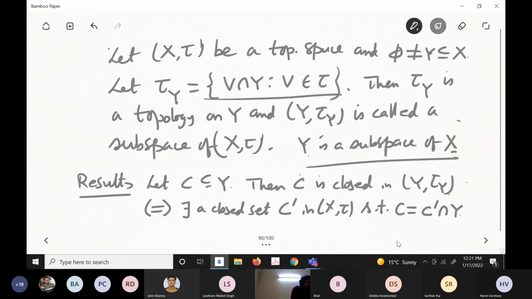Like here for open, you take closed set. If and only if there exists a closed set, it must be of this form. So you can prove it by using just the definition. I am not proving it. You should prove it. It is in one line or rather two lines. If you write big, then it is two lines. If you write small, it is in one line.